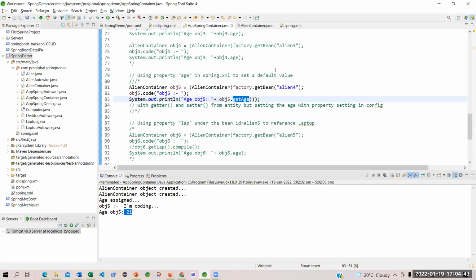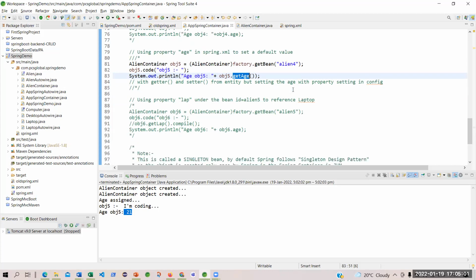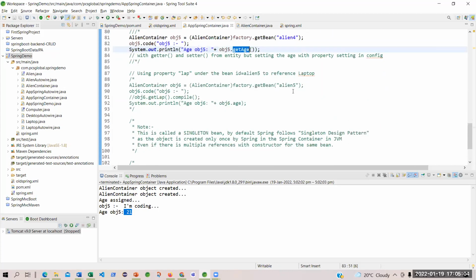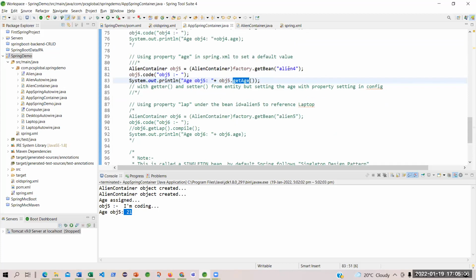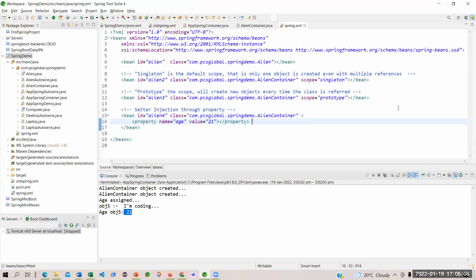So let us use this one as well. Let me do it with the same example. Okay, I will use the same example. So let me change the Spring. I will do the constructor injection.